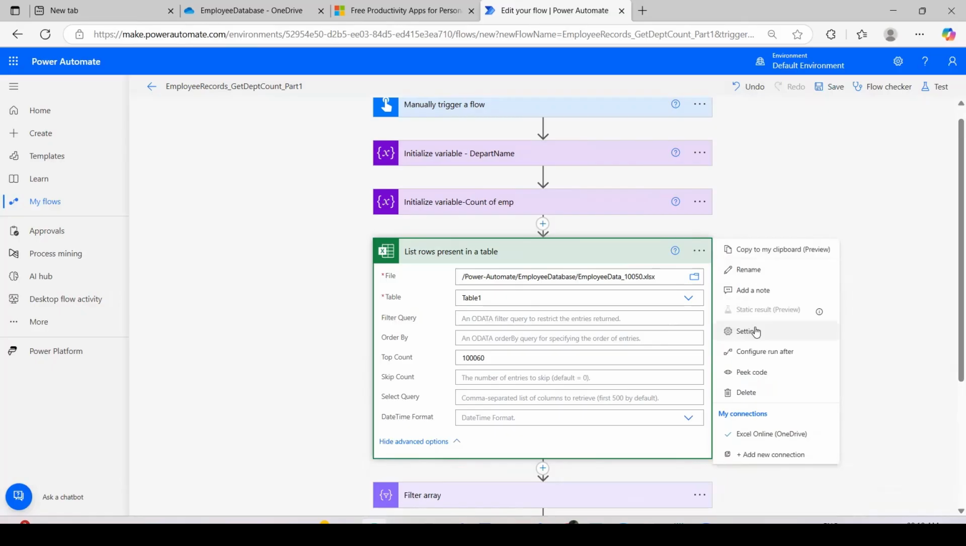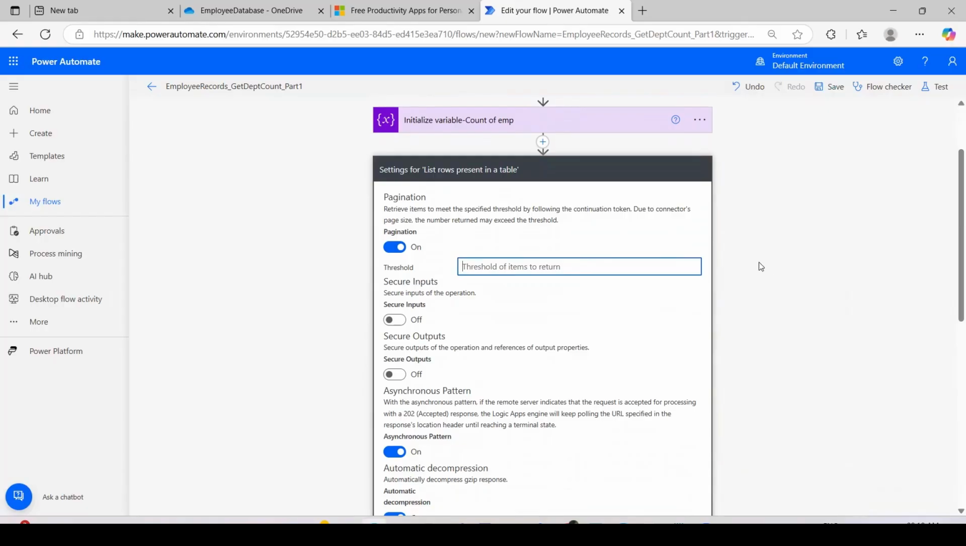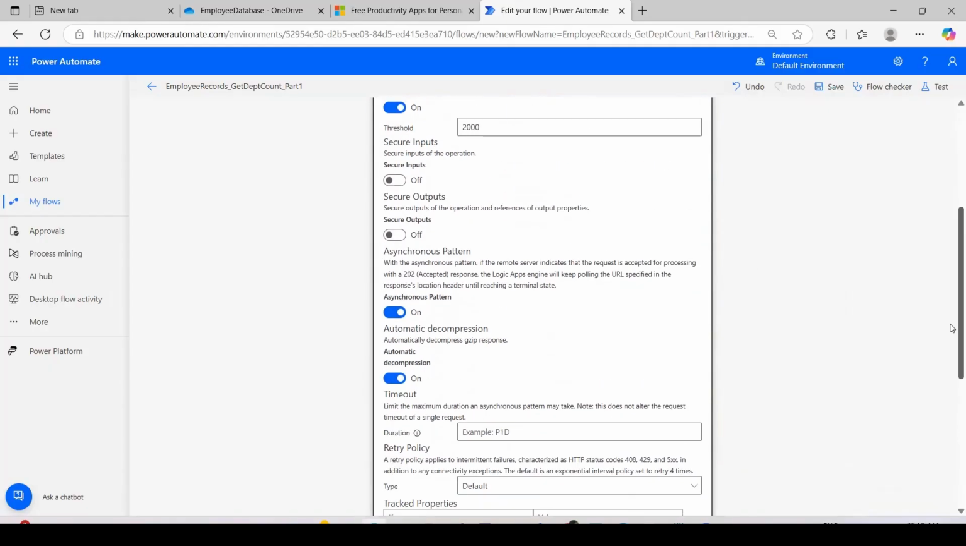You also have to configure your settings. Pagination you need to enable, and the threshold time of the run. Say probably I'm going to give 2000. Okay, so now